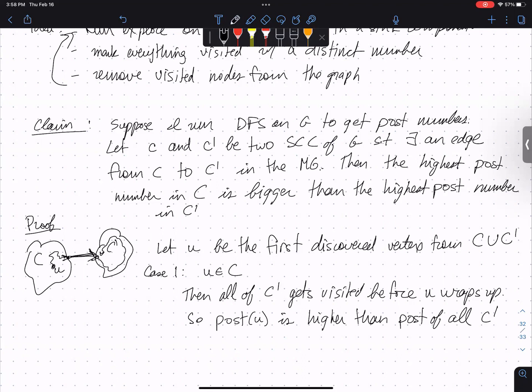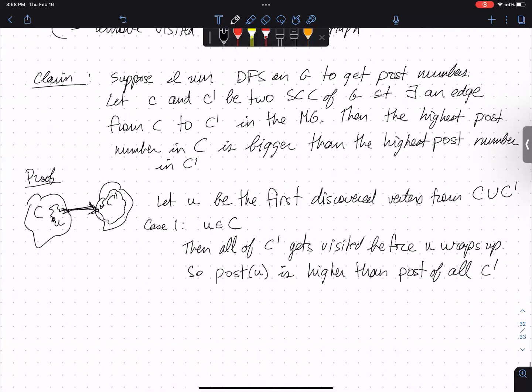And that's what the claim says. And so in this case, if we hit C first, then we're actually going to finish all of C prime before we finish our vertex in C. So there we're good. And then we go to case 2,